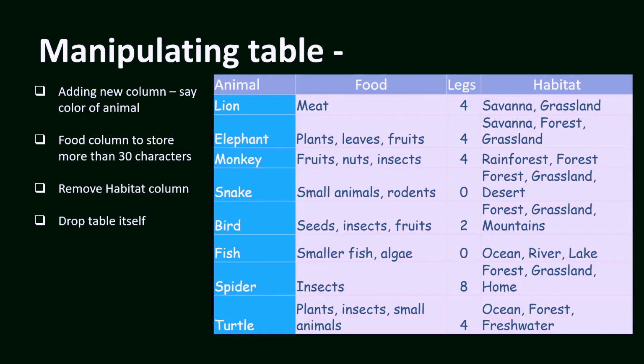Now, you might be thinking, what use will I make of this table? So imagine, as I said, in a bank, I may have my customer ID, my username, my password, though it will be encrypted. It cannot be seen, just like you are seeing the habitat column here. It cannot be seen with the naked eye. But we need to store the information. Now, if we don't organize the information properly, bank people may not be able to find the correct username and password for that customer, and they may not be able to validate when you try to log in, internet banking login, and then it will mess up. It will say, oh, this is the wrong password and all. Similar thing as I said, the lion legs value is stored here.